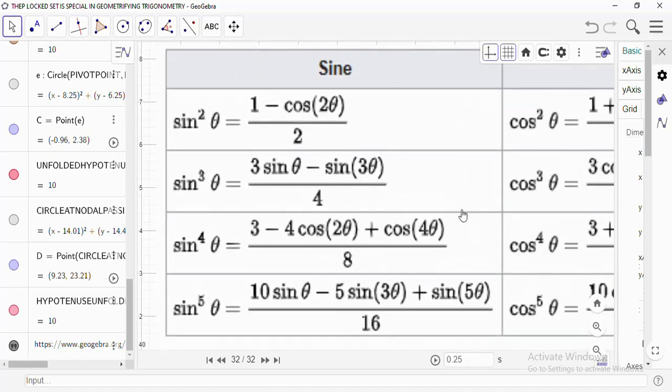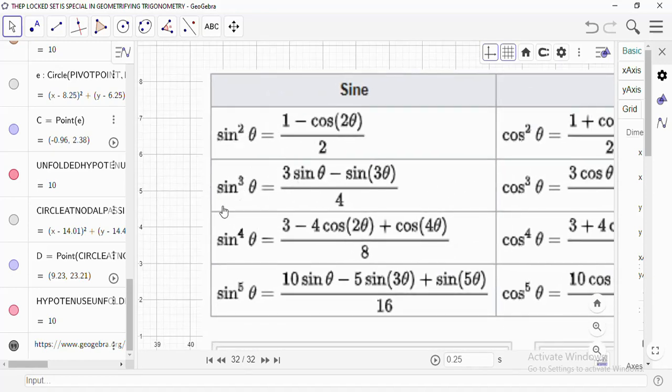In the left hand side of the next expression, like sine cube theta is equal to 3 into sine theta minus sine 3 theta by 4. Here also you can see that one theta is involved and one 3 theta is involved. That means there are two kinds of similar triangles interacting in this expression. One right angle triangle has theta, 90 minus theta and 90, and another triangle has 3 theta, 90 minus 3 theta and 90. These two kind of triangles are interacting here, and on the left hand side we are getting 3 triangles glued together,